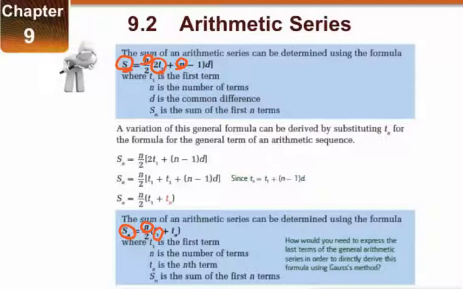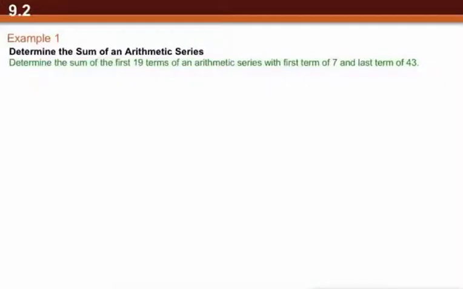What differs, though, is the last piece in each formula. In the first formula, we'll have d, the common difference, what we add or subtract each time. In the second formula, we have Tn, the final term of the series. So the formula that we use will be dependent on which information we have. In order to determine which formula we're going to use, we need to take a look and see what